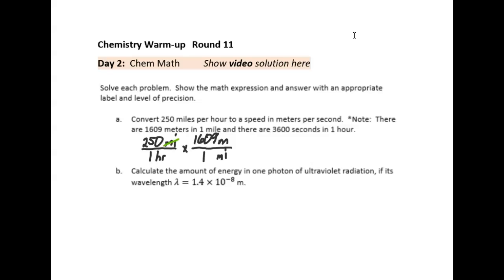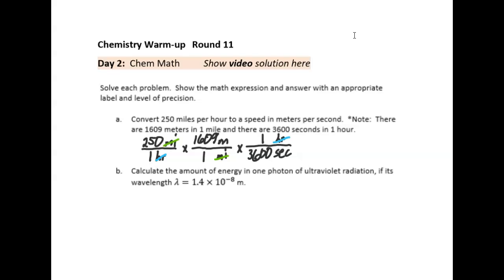These labels will cross-cancel, leaving meters on top, hours on the bottom, meters per hour. The directions ask us to give an answer in meters per second. So let's multiply by another conversion factor and change the label in the denominator from hours into seconds. In the question, we're told that 1 hour has 3,600 seconds in it. These labels cross-cancel. The label that remains on top is meters, the label on the bottom is seconds, meters per